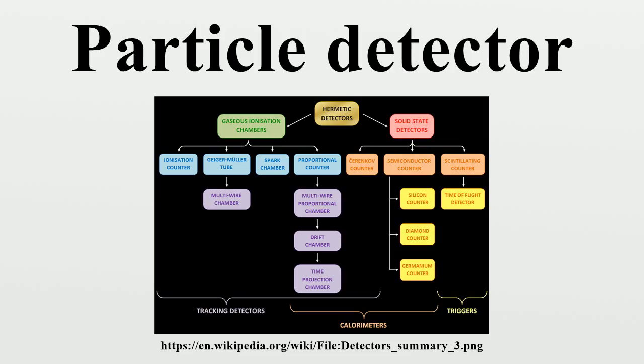Commonly used detectors for particle and nuclear physics: gaseous ionization detectors, ionization chamber, proportional counter, multi-wire proportional chamber, drift chamber, time projection chamber, Geiger-Müller tube, spark chamber. Solid-state detectors, semiconductor detectors and variants including CCDs, solid-state track detectors, Cherenkov detector, RICH, scintillation counter, and associated photomultiplier or